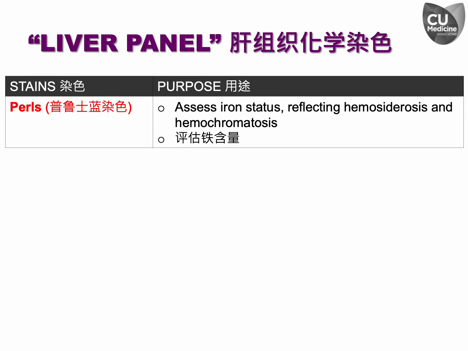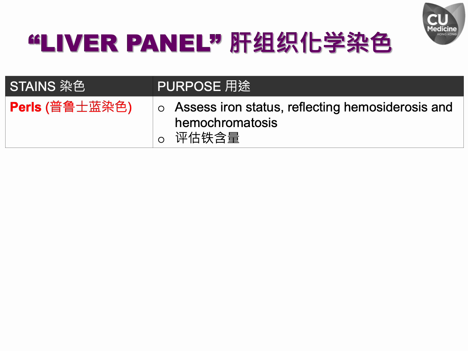Pearl stain, also known as Pearl's Prussian blue stain, is effective for detecting iron deposition in the liver, allowing for the evaluation of both the distribution and extent of iron overload. The liver stores iron in two forms, hemosiderin and ferritin. Hemosiderin is stained intensely by Pearl stain, whereas ferritin is only faintly stained.